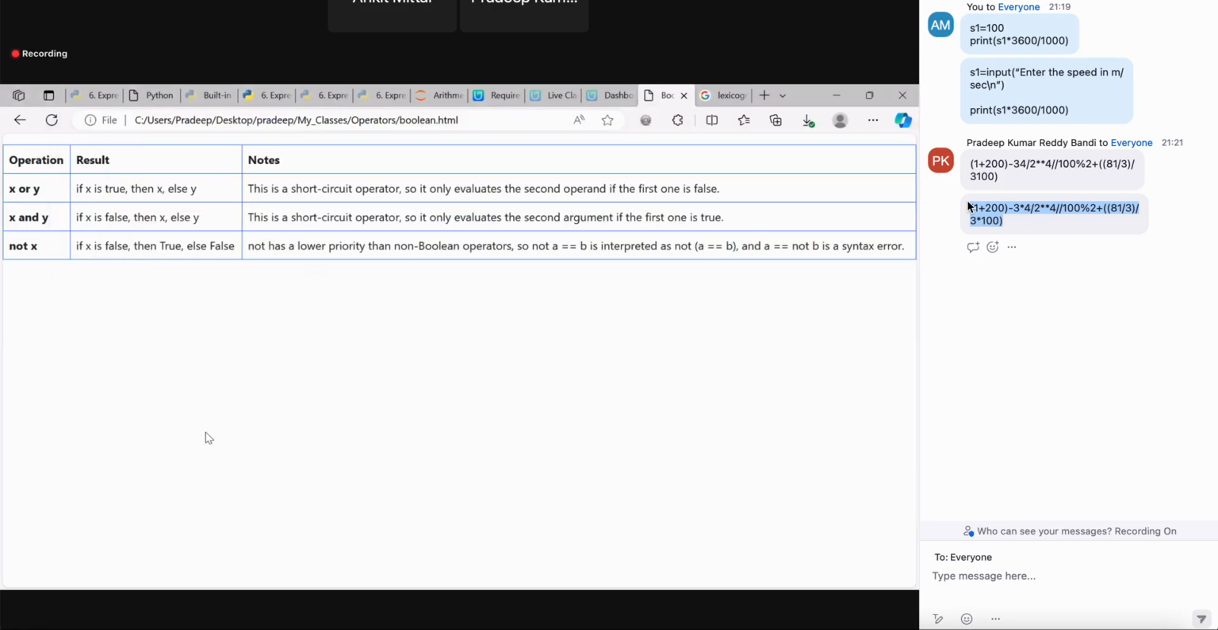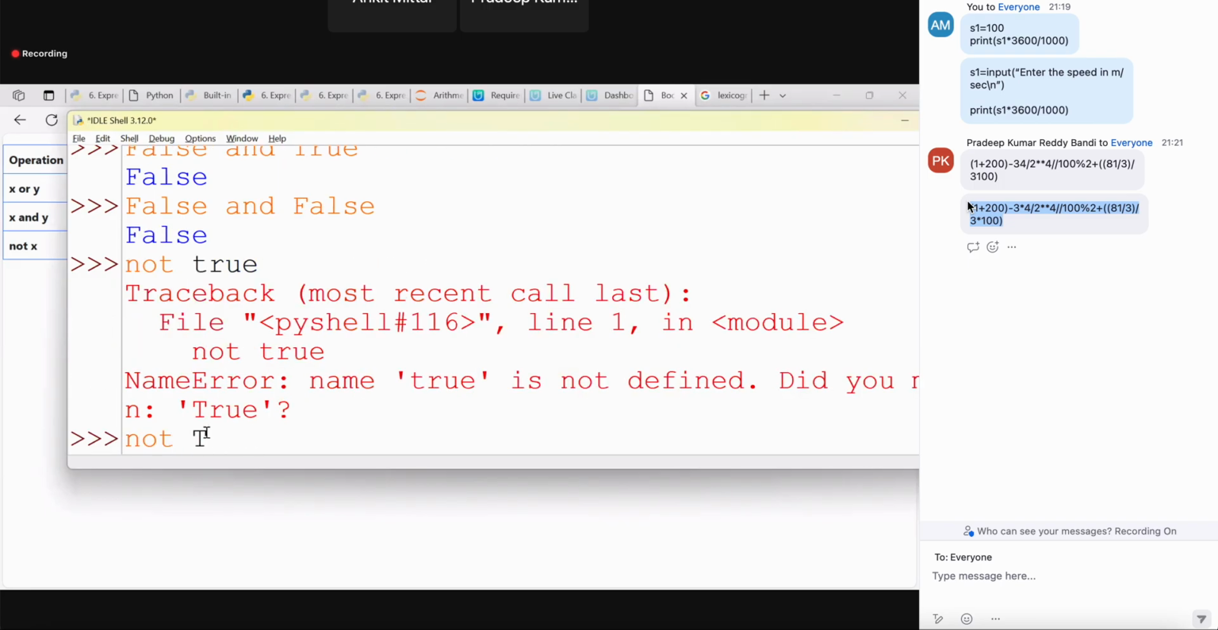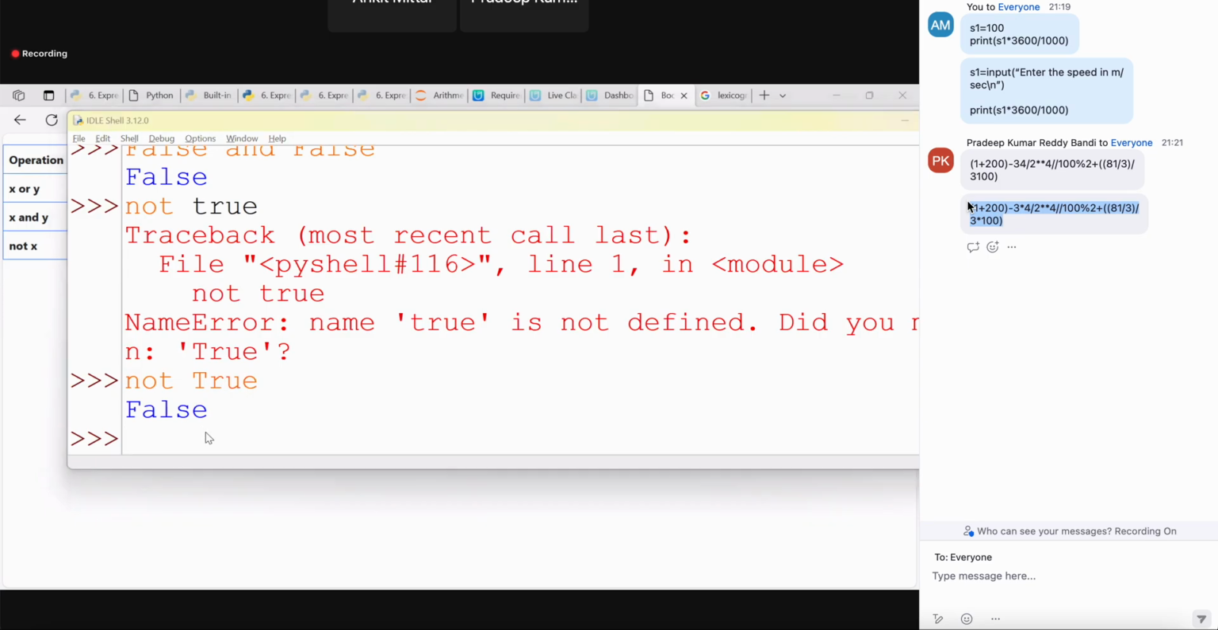Okay. Not X, just the opposite. So not True, like this. Sorry, not space. It will work. Okay. Now,